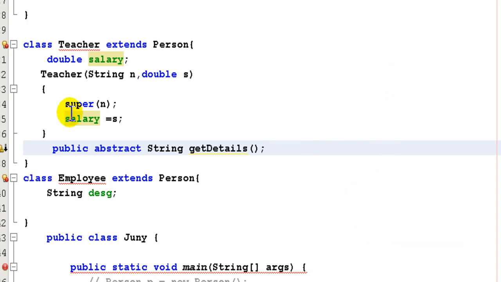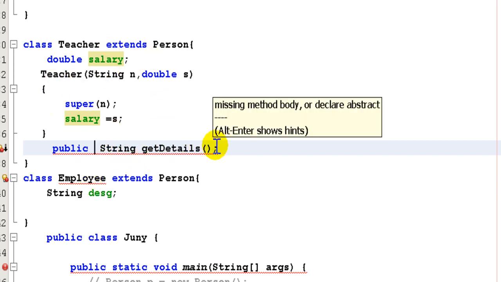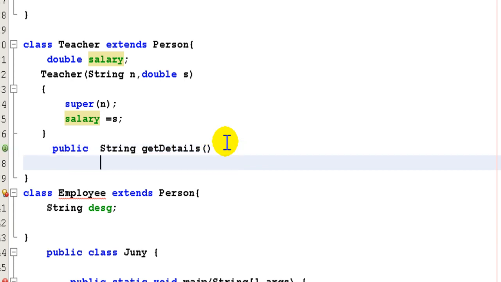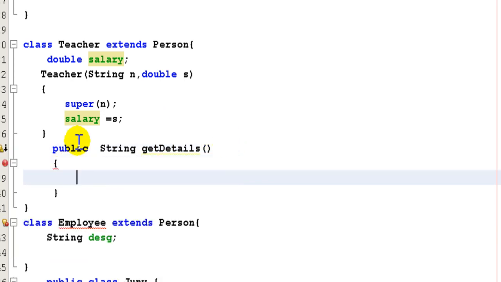But what I'm saying here is that I will not write this abstract. This is my concrete class, this teacher class, a concrete class. So I will not use a terminator here, rather I will have a body. I will have a body in it,